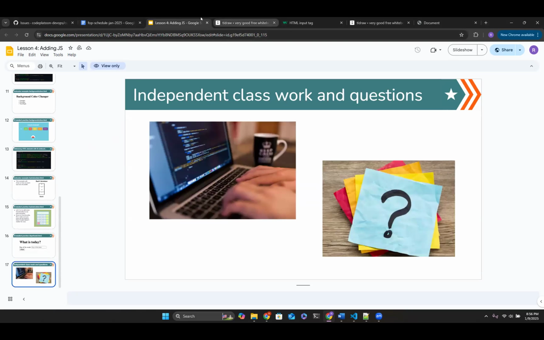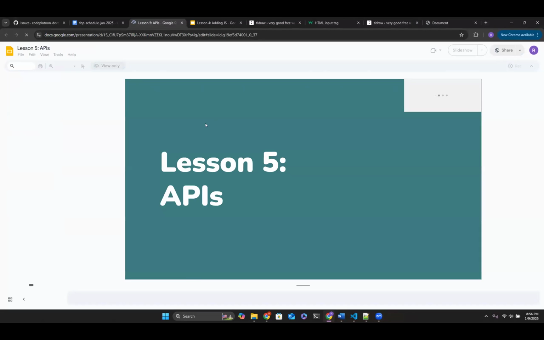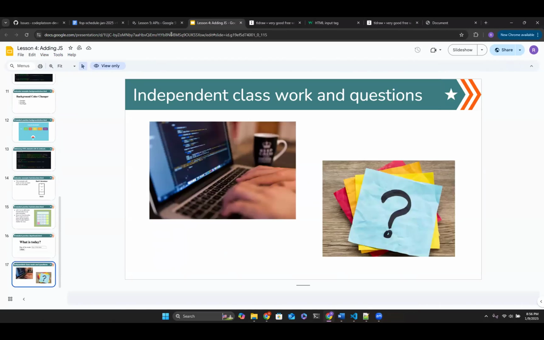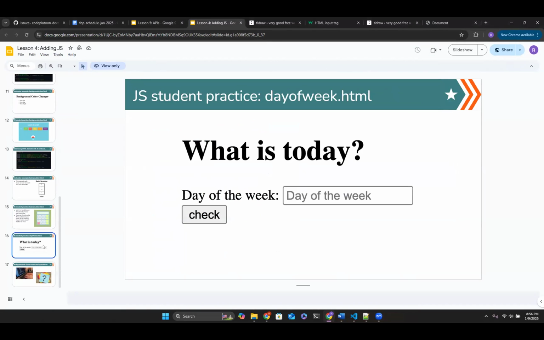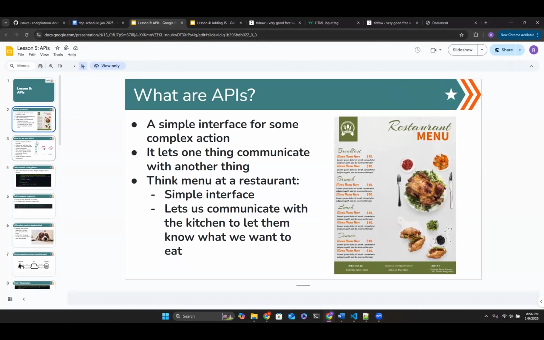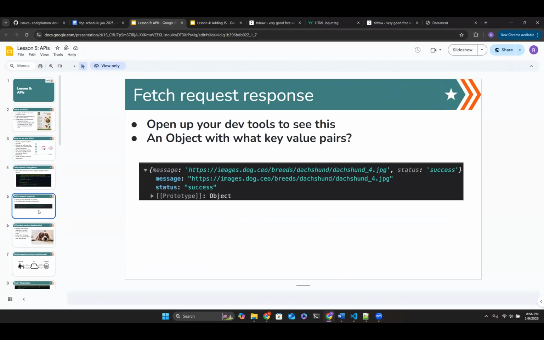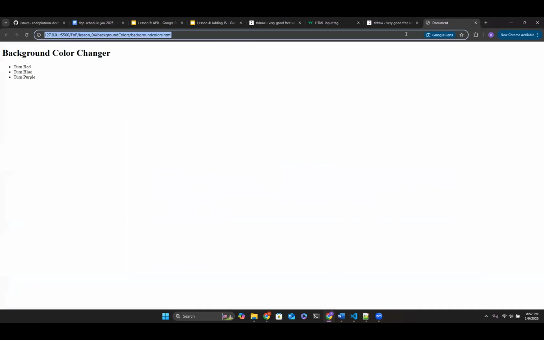And then next week, we're going to start APIs because we might start it tomorrow, but honestly, I really want to take some time to really knock out bad calculator and the day of the week assignment, so we can really understand it. And then APIs is using other applications, just so we can get a quick sneak peek. The API we're probably going to be using is, let me see, the Poke API.